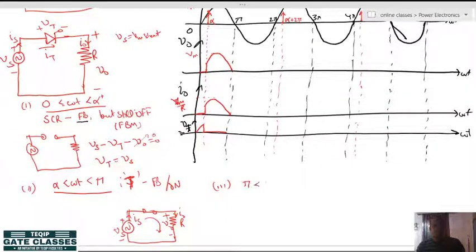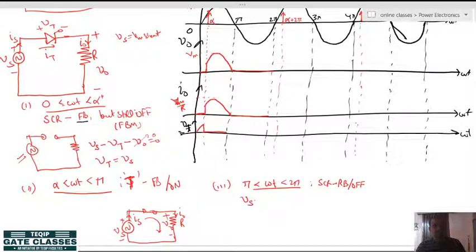So, if you talk about pi to 2 pi, again we can see very clearly that a reverse voltage is appearing across the thyristor. So, when a reverse voltage is appearing across the thyristor, thyristor is reverse biased, alright. SCR is reverse biased and thus it will be in totally off condition. Off condition means the circuit will be like this, alright. If you draw the modified circuit, it will be like this. Again the load and source are disconnected, that is why the output voltage will be 0 and thus the load current will be 0,